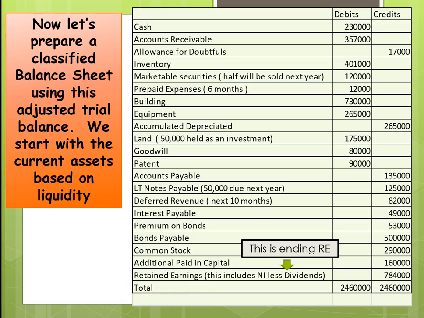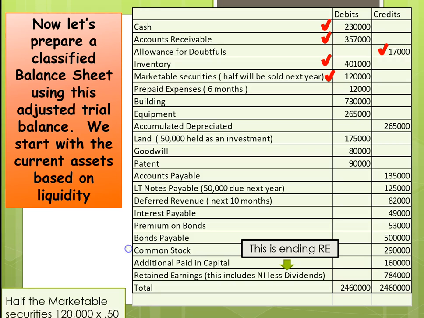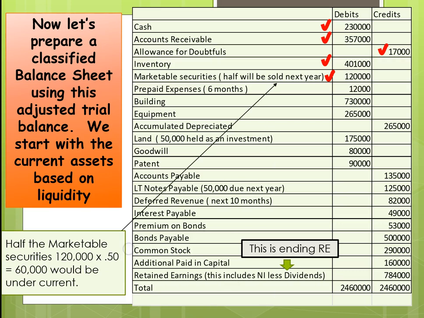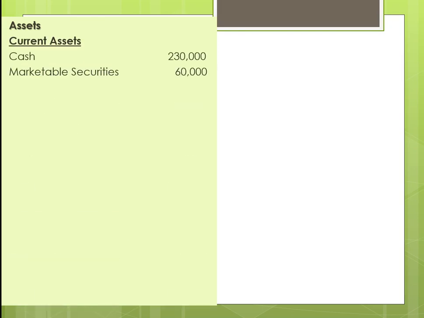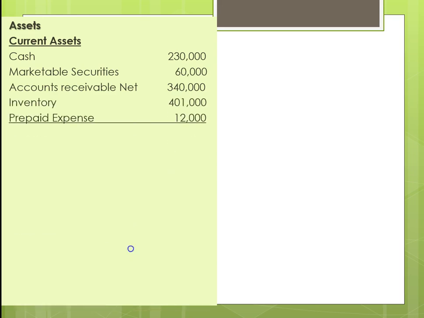So now what I'm going to do is check off all of our current assets. We start with cash. We do accounts receivable, less allowance for doubtfuls. We would include inventory. We have marketable securities, but only half of them, because they say half is going to be next year, the other half would be long term. And the last would be our prepaid expenses. So now we can start our classified balance sheet. We'd start with assets, current assets. We'd show cash, our marketable securities, our accounts receivable net, our inventory, and our prepaid expense,